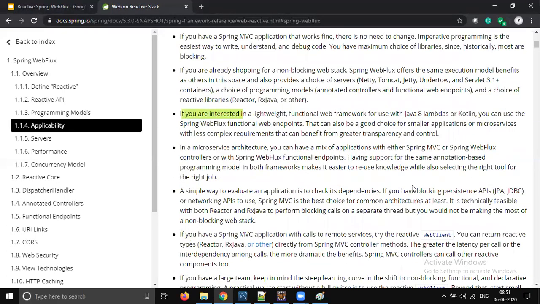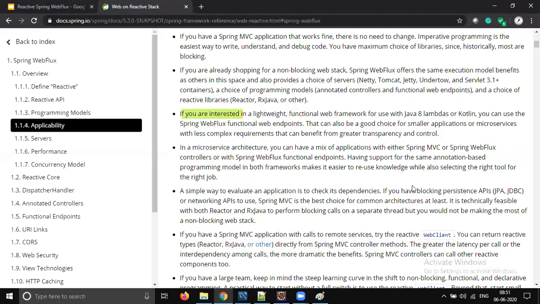And in microservices architecture, Spring Webflex is an option, because memory is a considerable point. Moreover, there are criteria. For example, in your microservice, if your database is Oracle, then you cannot use Spring Webflex, because at this point of time reactive programming support from Java is not available for Oracle, MySQL, or IBM DB2. There are so many databases out there for which we don't have support from Spring Webflex, so you should design properly.